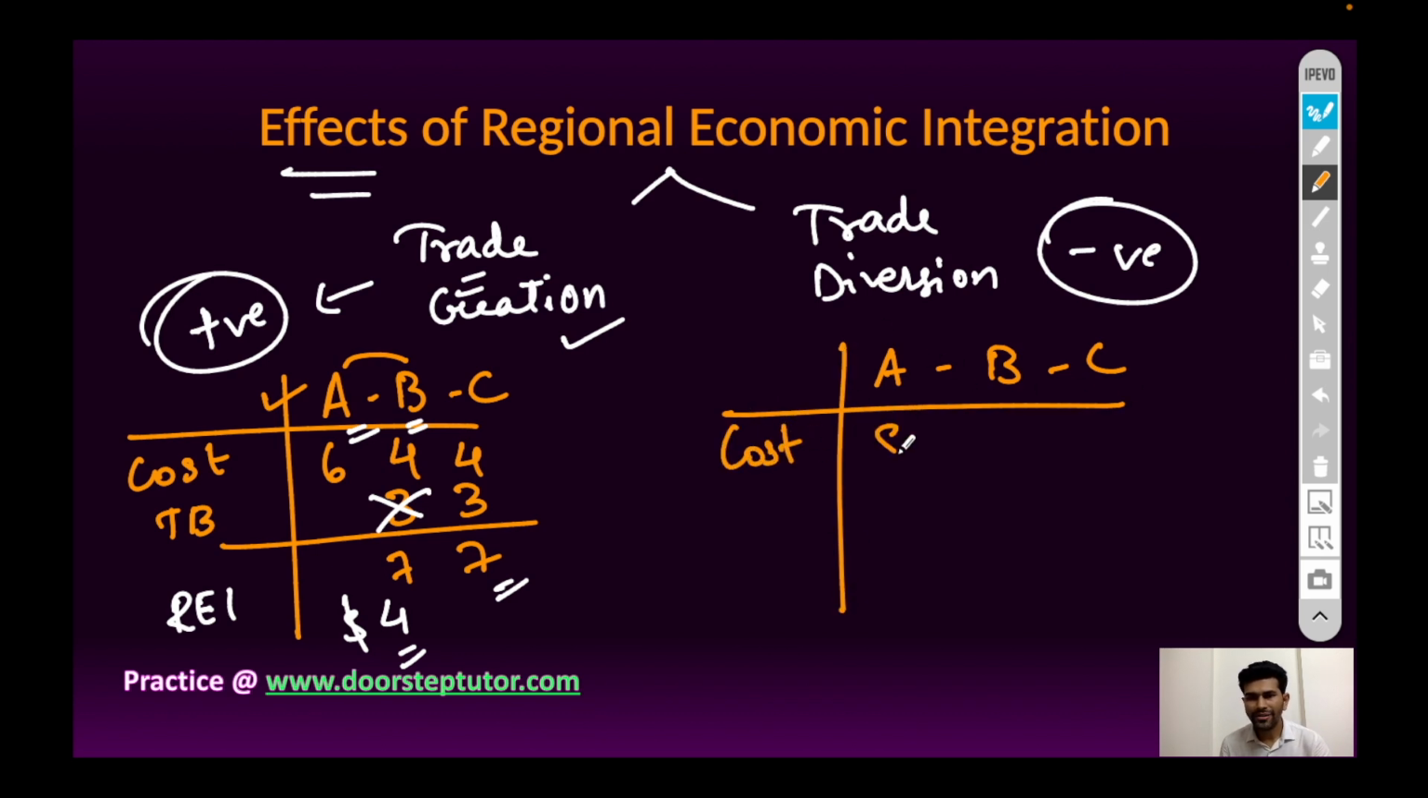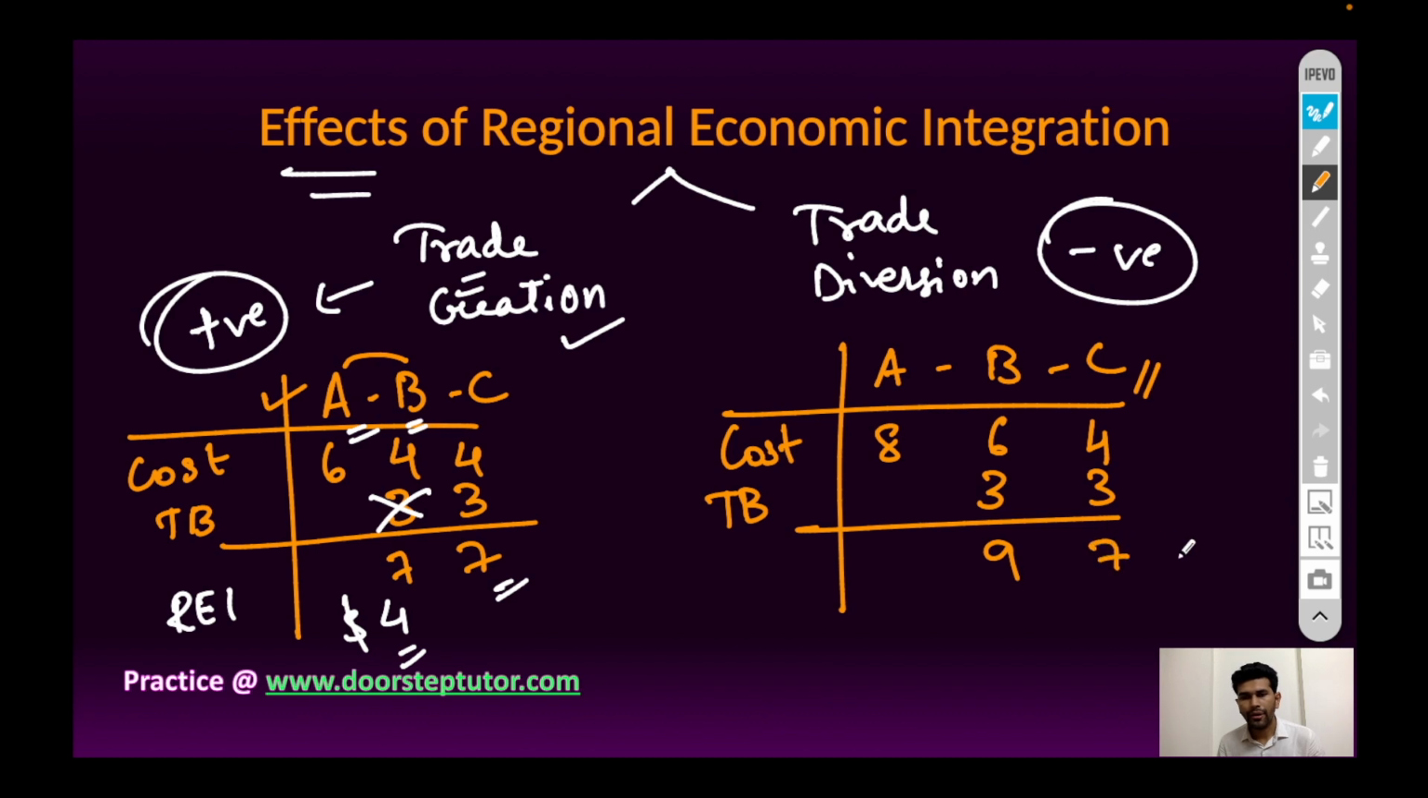And if the cost of producing product X is $8 for country A, $6 for country B, and $4 for country C, then there is cost efficiency for country C. The cost of production is lowest for country C. So country C is a cost efficient country, a cost advantage country. But still, if country A imports goods from country B and C and $3 is import duty,